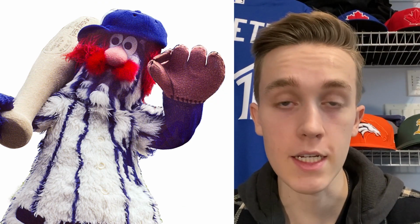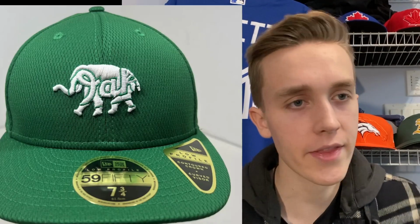Okay, so the Yankees don't actually have a mascot. They had one back in 1979 for like 2 or 3 seasons. And he was creepy, probably the worst mascot I've ever seen. I mean, this guy's fine, just a bear. There's a lot of bear mascots, it seems like. Once again, a lot of bear mascots. This one's fine, but I like the Athletics elephant mascot. I like it especially when they put it on their spring training hats,